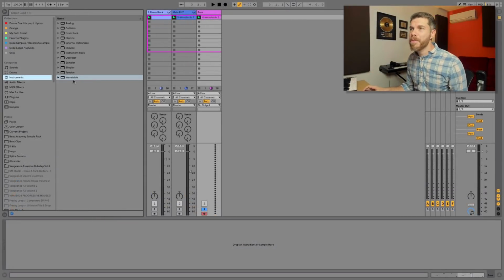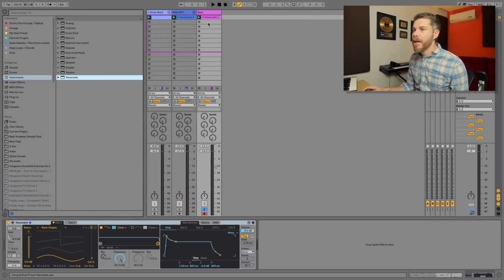So now let's move over to the bass. I'm going to use the wavetable again, and in this instance, normally I would gravitate towards a sine wave because we're hearing that sub bass. So if I play the pattern,